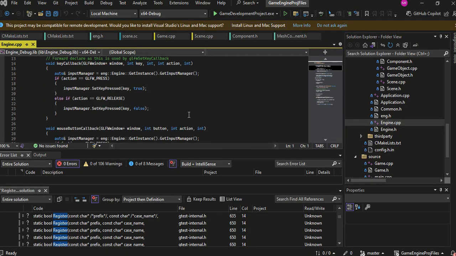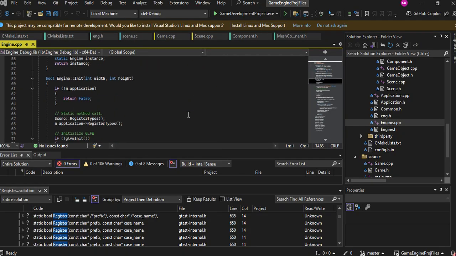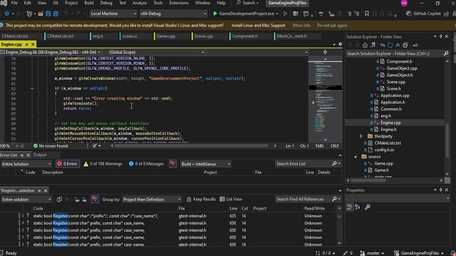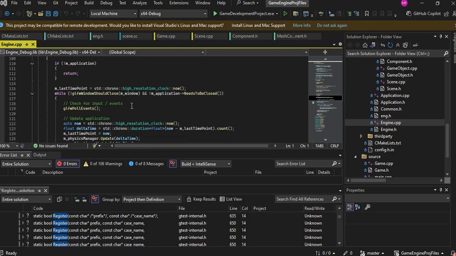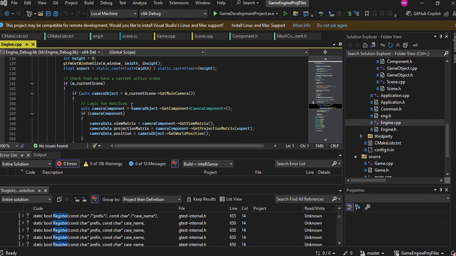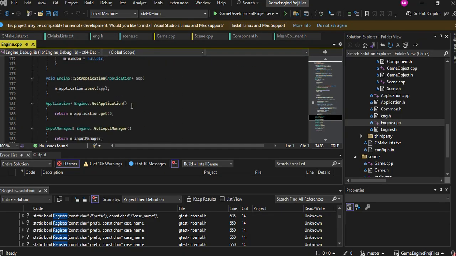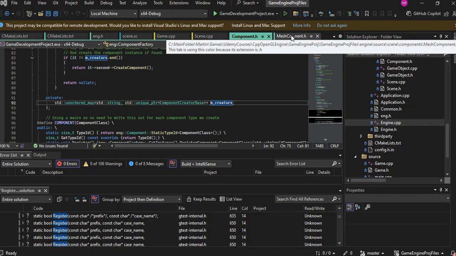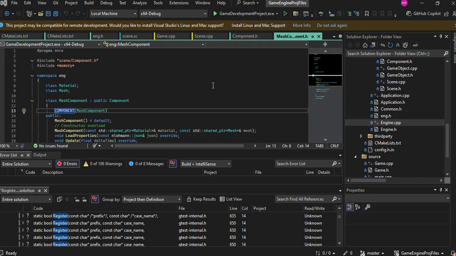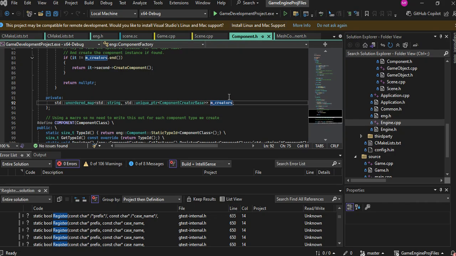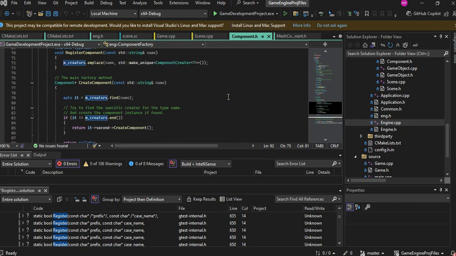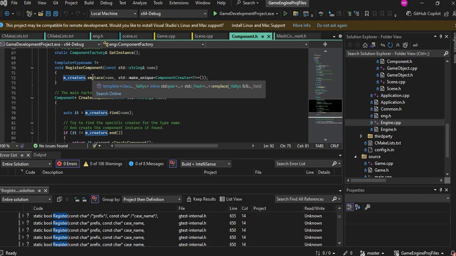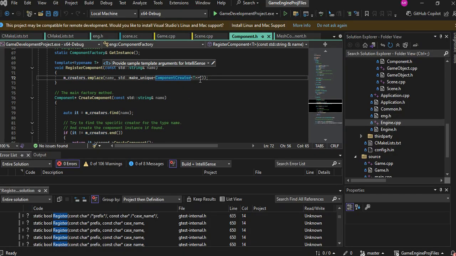Maybe engine init. Maybe, maybe not. This is engine init. No, this is not it. What I'm looking for here is, for all of the components, like for example this mesh component here, where does register get called? And once it's registered itself as a component, it's basically generated a component creator